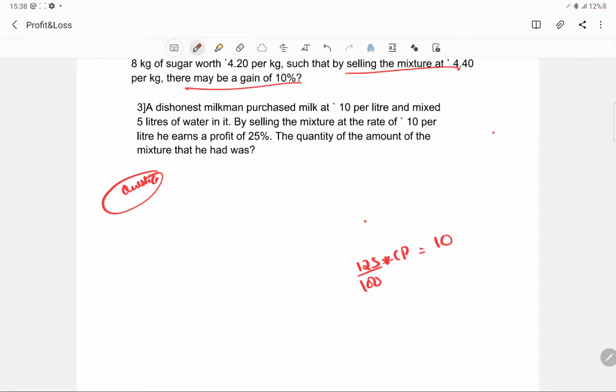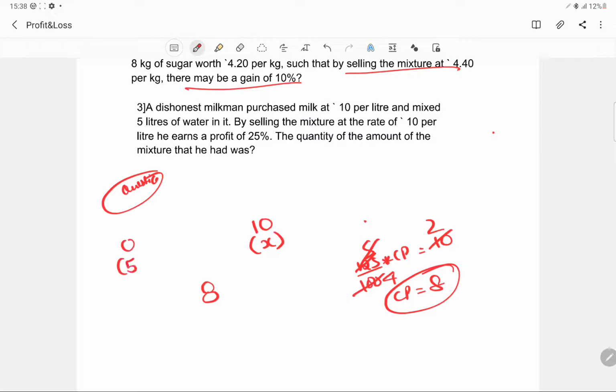Basically, selling price तो यही है ना आपकी. So this is like 4 and this is like 5 and this is like 2. So the cost price that it actually cost him is 8. Okay, this is like 8 ये है, ठीक है. 10 जो है वो मिल्क है, जिसकी क्वांटिटी का आई एम नॉट अवेयर ऑफ. 0 रुपीज़ का जो है उसको क्या पड़ रहा है, मिल्क, जो बेसिकली 5 लीटर है, ठीक है. And this is nothing but 2. इसमें से इसको माइनस करो, इसमें से इसको माइनस करो.